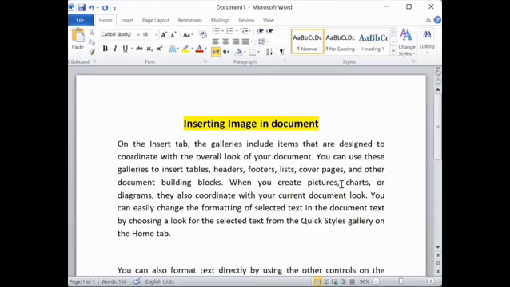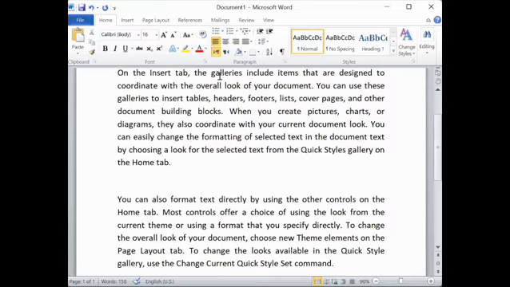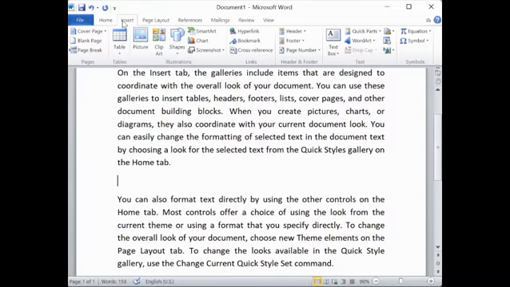Open your Word document and place your cursor where you want to insert the image. I want to place the image between these two paragraphs. Then go to Insert tab. Then click on Pictures